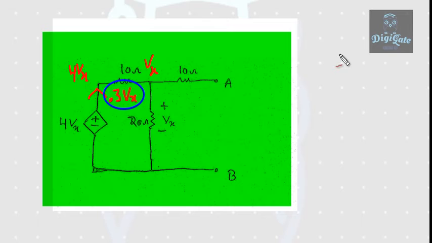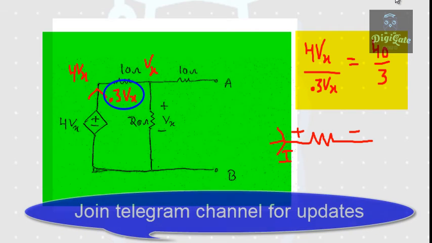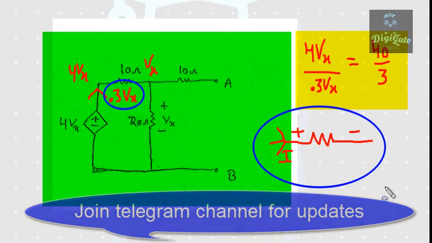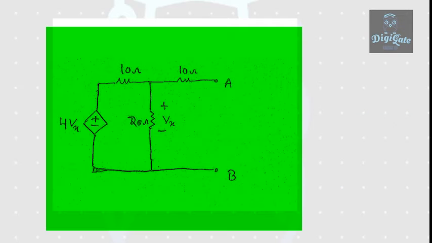So now we can convert this dependent source into a resistor. Now the magnitude of resistance would be given by V upon I, so it would come out to be 40 upon 3. Now we know that a resistor always causes a voltage drop. That means the current would always enter the positive terminal of the resistor, but here in our circuit the current is leaving the positive terminal, so we will take the resistance value as minus 40 by 3. Now in this circuit we can replace this dependent source by a resistance of value minus 40 by 3.